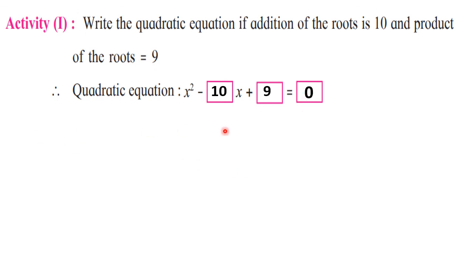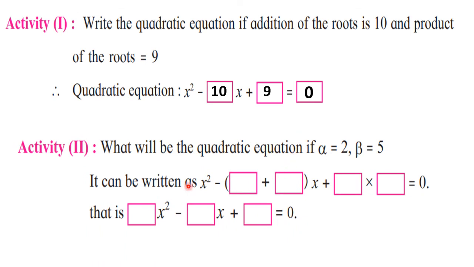Okay, so it is such a simple question. So it can come for 1 mark. Okay, but for writing this correctly, you must know that equation, that is x square minus (alpha plus beta) outside the bracket x plus alpha beta is equal to 0. Okay. Let us see the second activity now. Here, the second activity is given and you can see the empty boxes here. Now, what is the difference here in the first activity and the second activity?